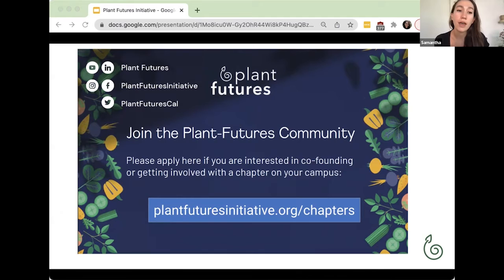And then down the road, we plan on offering the challenge lab throughout different semesters, like a fall semester challenge lab, summer, spring, and open it up to students across the world who, if they complete the challenge lab, would receive a certificate of completion for being part of the Plant Futures community and network. With that, I'll take a pause because I know I'm a little bit over my time, to see if anyone has questions. And I'm also happy to share the video that I didn't get a chance to get to that has more information about the challenge lab.